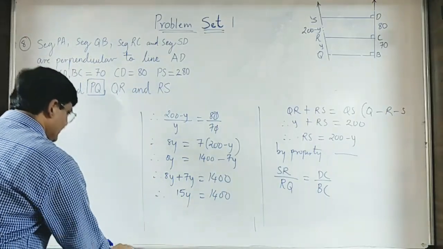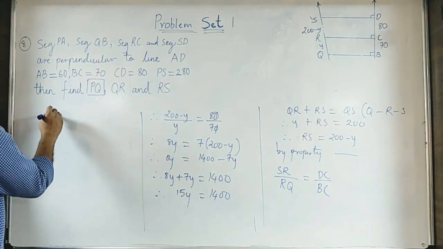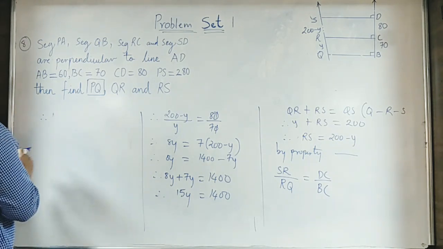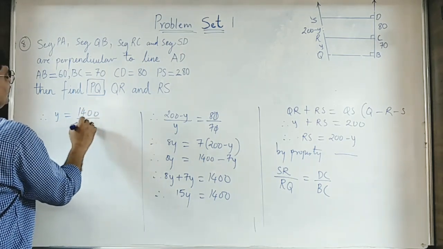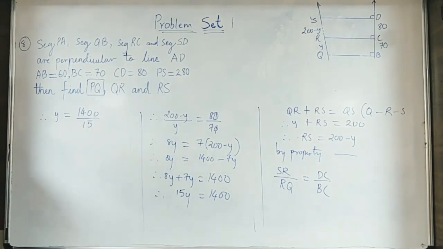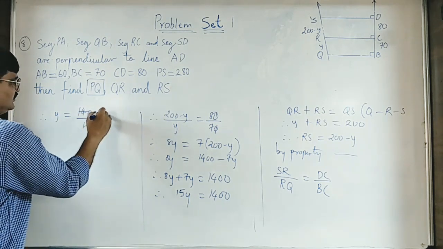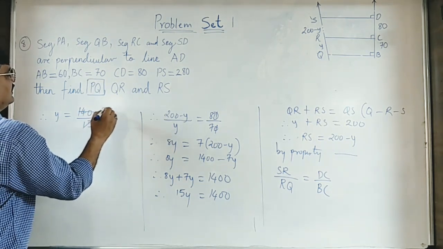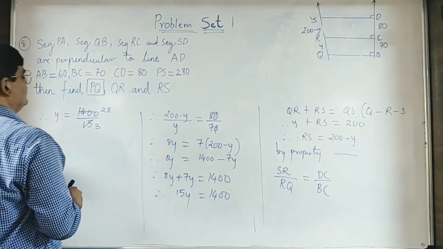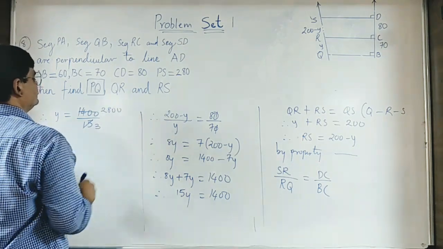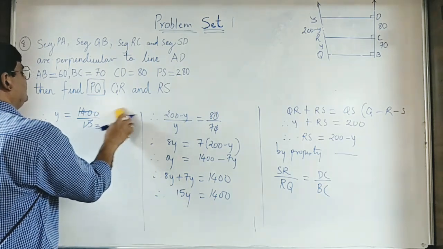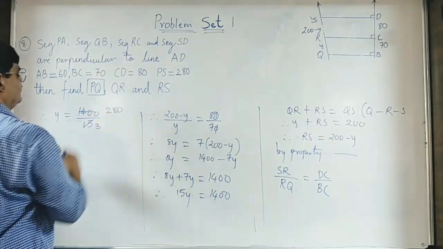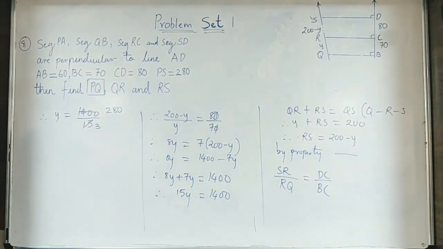Now let's try to divide this. If I try to divide, y will remain there, and 1400 will be divided by 15. Let's go for the 5 table. 5 3s are 15, 5 2s are 10, 5 8s are 40, and you will be getting 0 0. Okay, 5 2s are 10, and you will be getting 280. Now further, can I go for cancellation and other things over there?